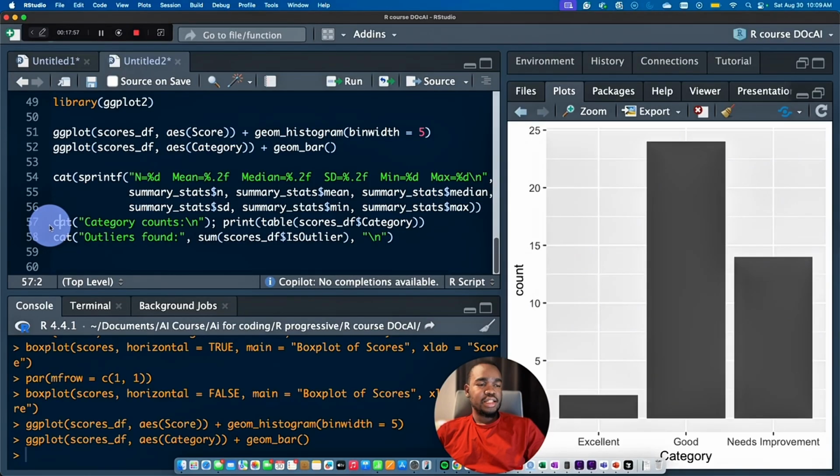Now, again, we want to print category counts. So now when you print with cat, it wouldn't bring the quotation mark. So that is also something you can keep in mind. So we want it to print this statement. This means new line. Now, after printing this, it should print below it